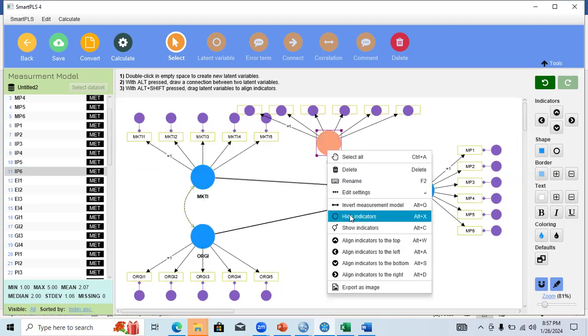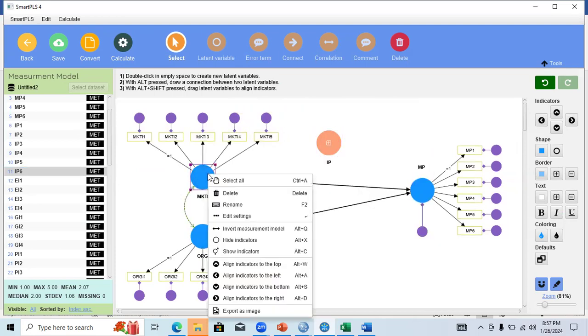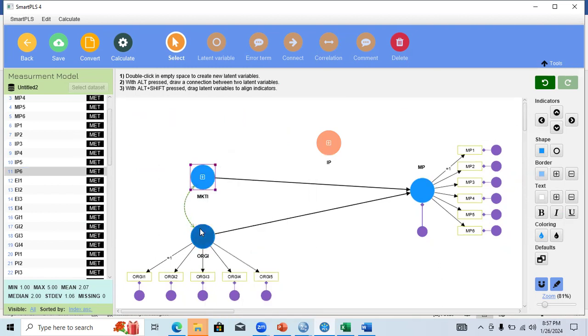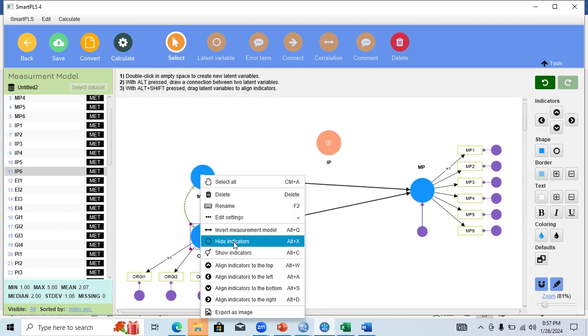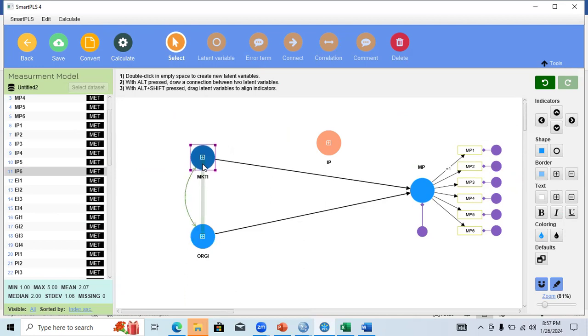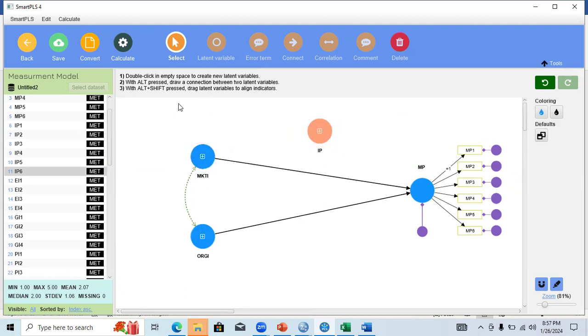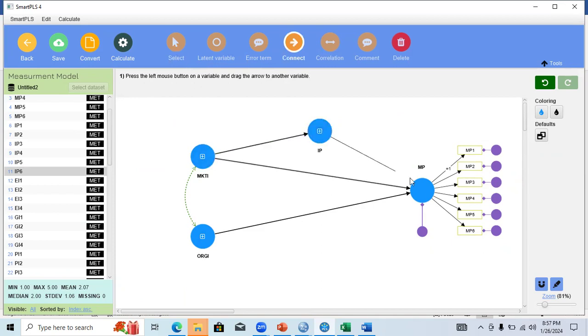For example, I would like to hide its indicators. And I would like to create the mediation impact over here. I just need to connect my independent variable from here to here, then from here to here also.